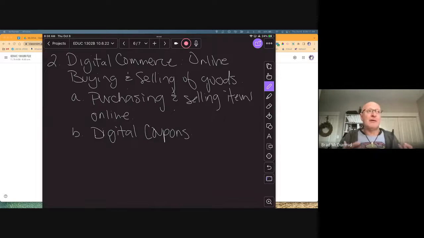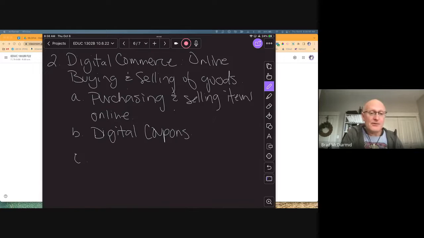So you got to remember that yourself, but you also remember that with your kids: if you think you're getting a free app, you are. You didn't pay any money for it. But the cost of that app is that they're taking your information, right? And they're selling that information for a lot of money. Okay. All right.